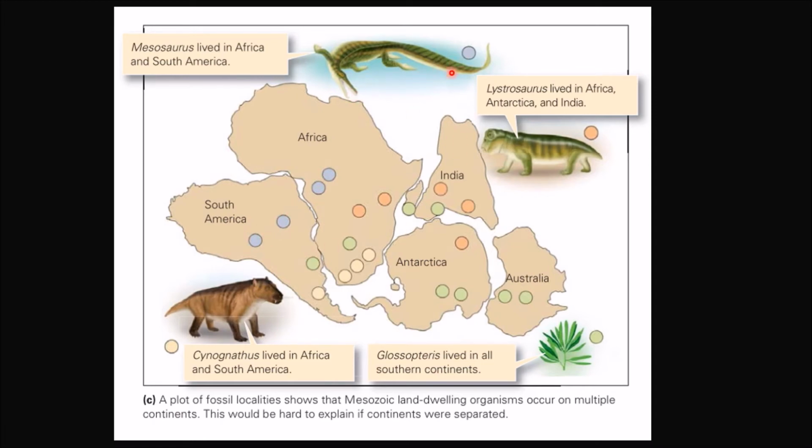So that's this creature over here. You see this bluish dot? That's this kind of creature over here, Mesosaurus. They found fossils of this creature buried deep in Africa over here, and also over here. In addition, you see this green plant over here, Glossopteris. This plant used to grow over here, and used to grow over here as well.